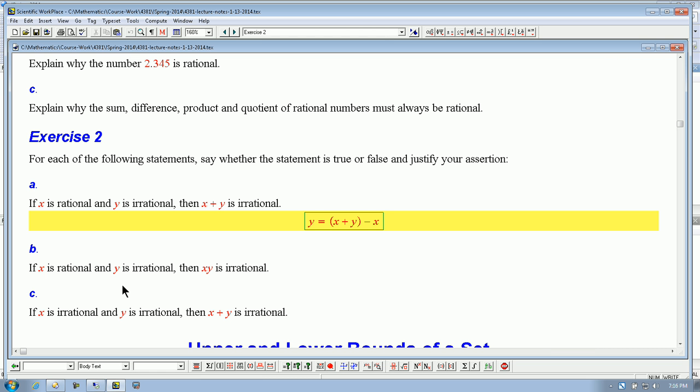Counterexample. Yep. If x is 0 and y is, take a number, take pi, or something, if you believe that pi is irrational, which is a heck of a hard theorem, by the way. Let's take root 2, it's easier. See? Then the product being 0 is rational. See? So therefore, you can't guarantee.